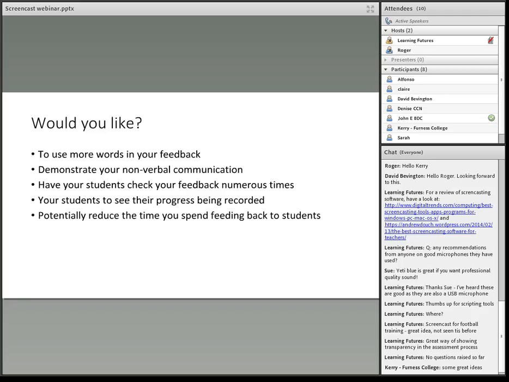Can they see, hopefully not a frown, but that negative perhaps feedback that's coming through? And certainly this thing about students accessing things numerous times, because we're storing that feedback on our online assessment tracking system. And then again, the keyword potentially reduce the time you spend feeding back to students. So early indications say that could be the case, but that's something that we need to do some more research on, and certainly some more testing.